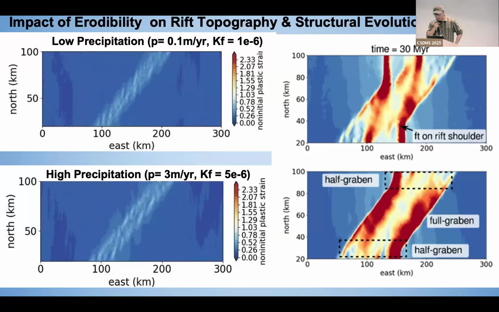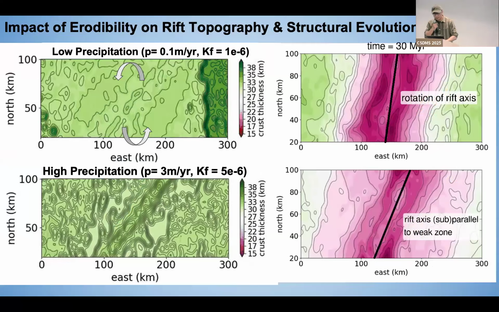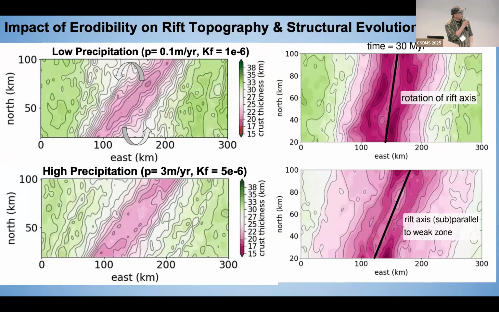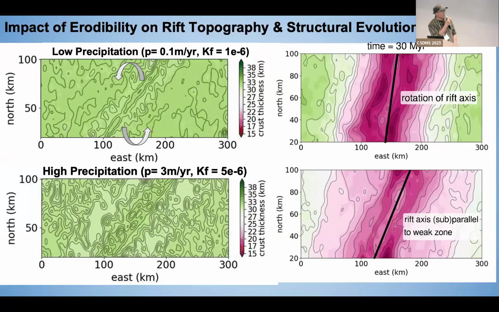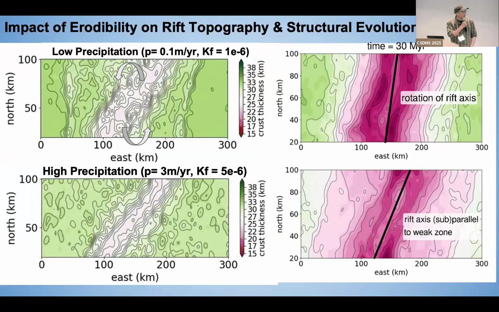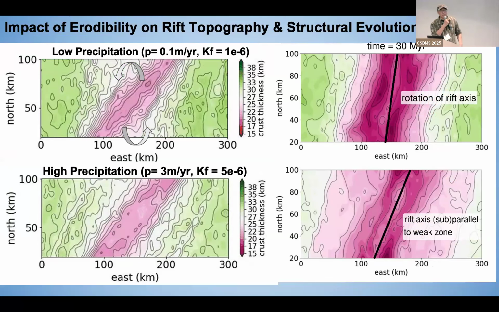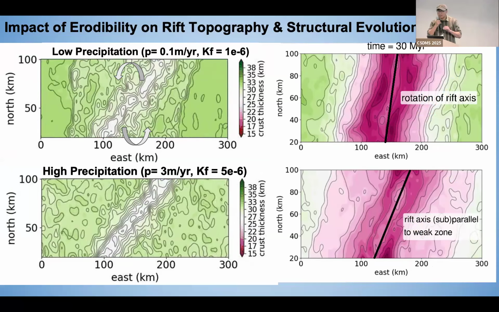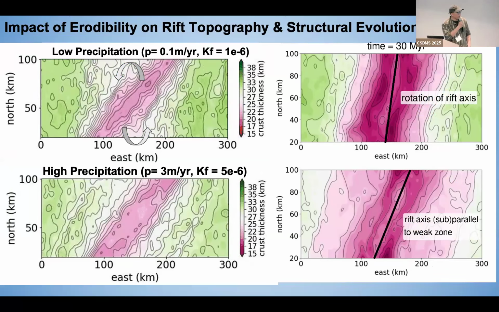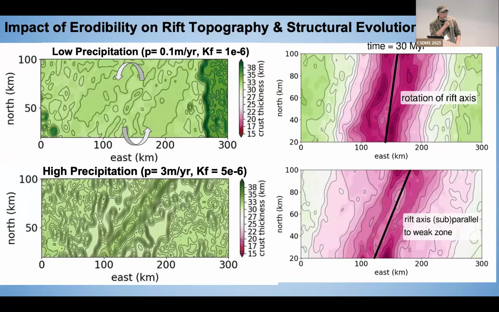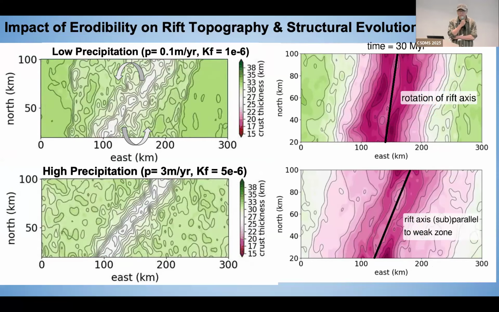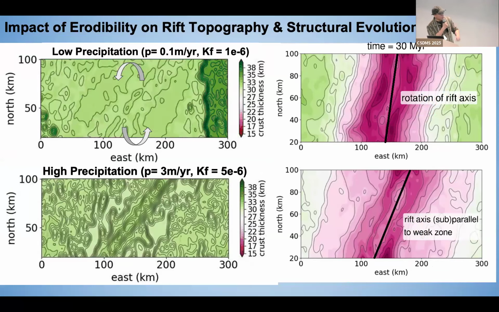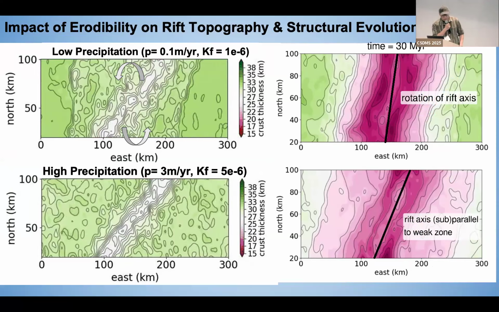This difference in deformation will eventually change the crustal structure. On this slide you can see the difference in crustal thickness, where in the upper one, the low precipitation case, the rift axis is about 15 degrees away from the original weak zone, while in the lower case, high precipitation maintains its geometry